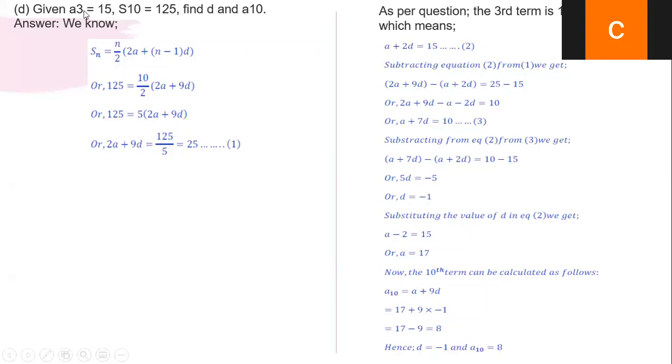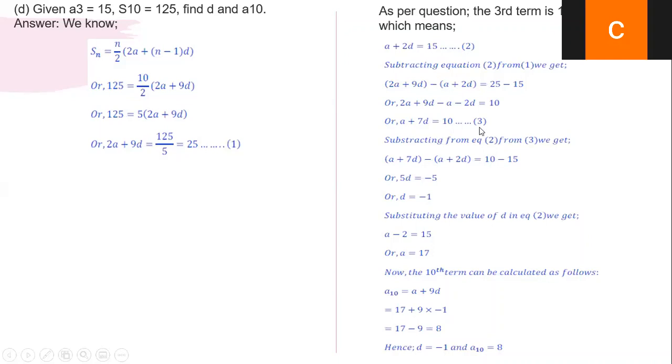Here the given data is the third term of an AP and the sum of the first 10 terms, that is 125. By using these two data, we need to find the a value and d value. S10 value they gave is 125. That means n value is 10 and Sn value is 125. Apply that in the given formula and we are getting 2a plus 9d. We do not know the value of a and d. Call that equation 1. Using the third term of an AP, that is a plus 2d, they gave 15. If I subtract these two, I'm getting a plus 7d. Again, we did not get a value and d value.